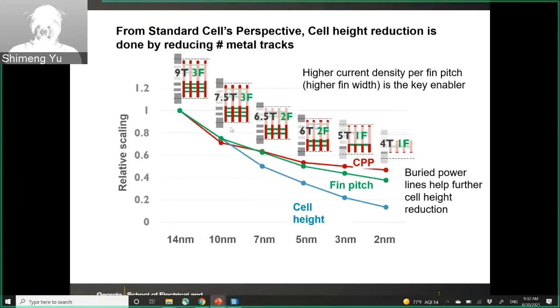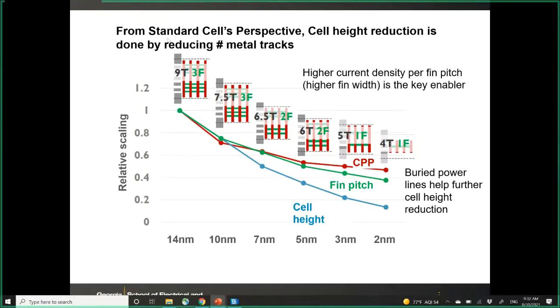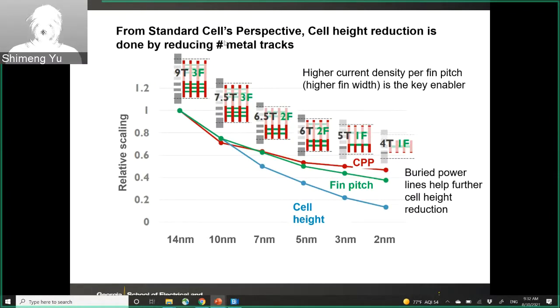So here we can also look at from the standard cell library point of view, because in the standard cell for the logic transistor, you have NMOS and PMOS. So typically you are going to organize that into the standard cell, for example, the standard like NAND gate or NOR gate or inverter. So this is like the cell for the standard logic library. Like this is the cell height, and this is the cell width. And in this cell, you have the NMOS region and the PMOS region. So here we show the FinFET